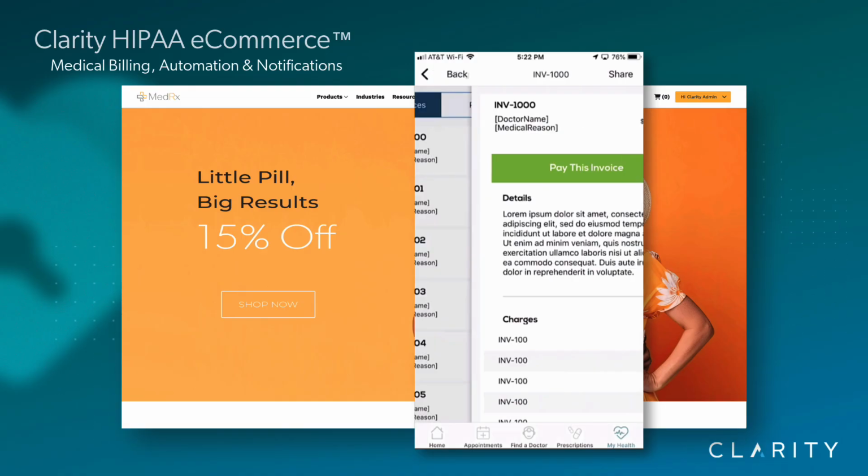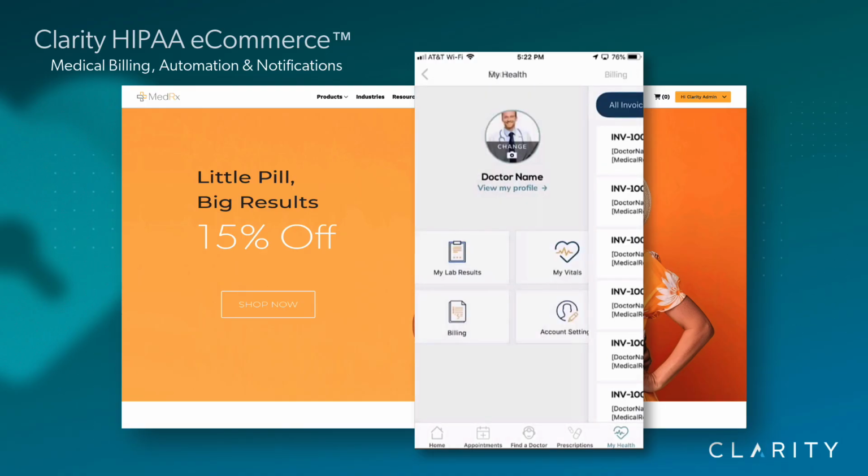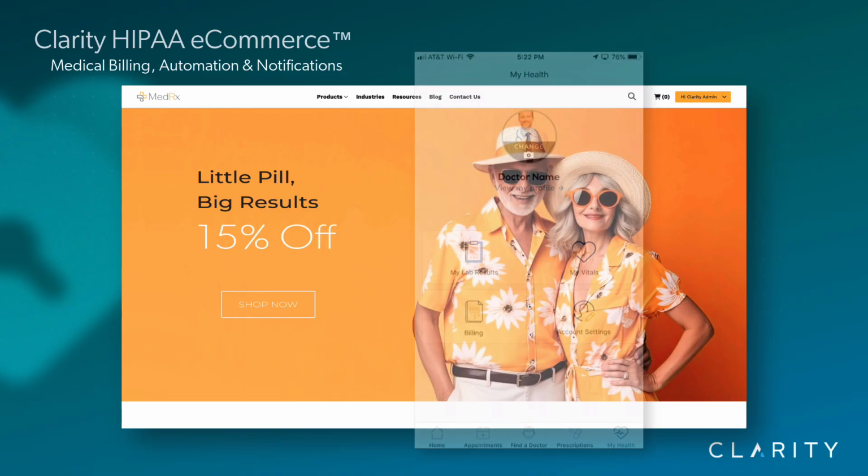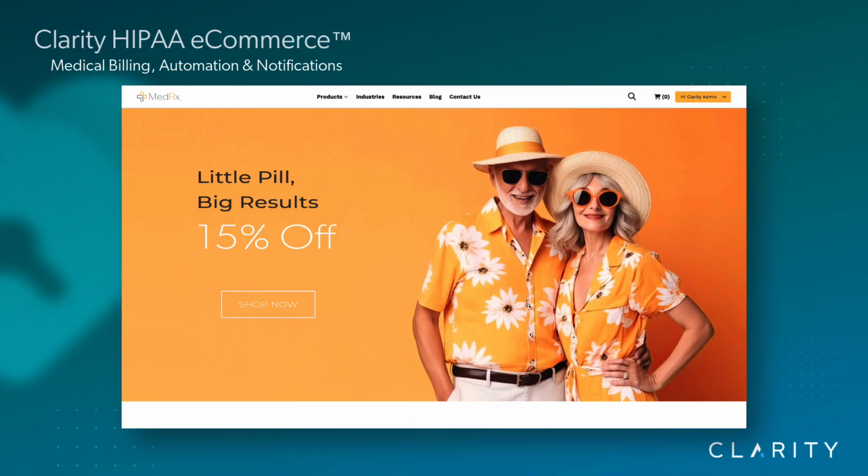So not only can we do medical billing on desktop, but we can also do it on mobile as well. So that's a quick walkthrough on order history, where the patients get automatic notifications. They can come in 24/7, they can view, they can print. We can even add it so they can export, especially if you're working with other clinics or other doctors. They can export that and bring those invoices into their own system. It's all HIPAA compliant, and we can do it for both desktop and mobile.